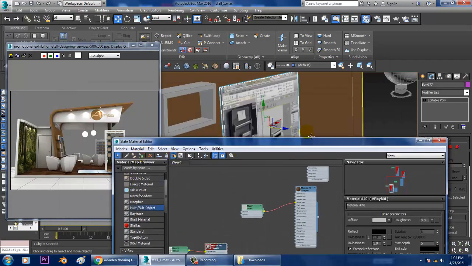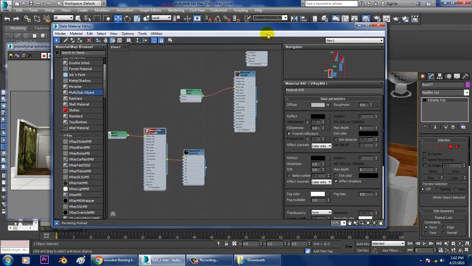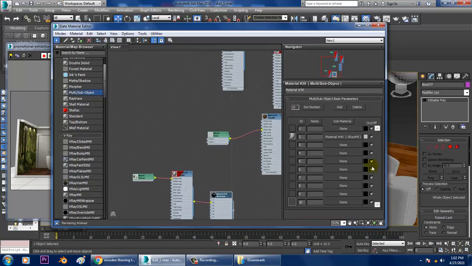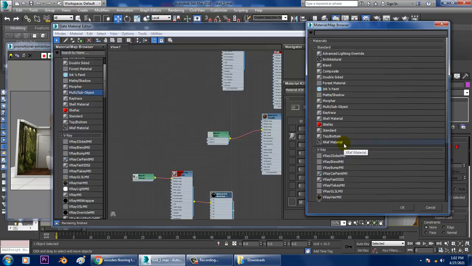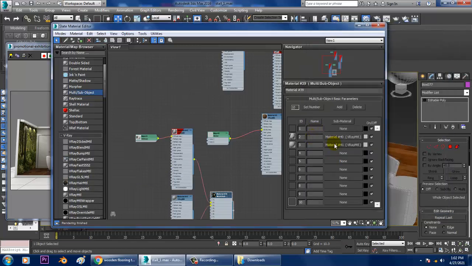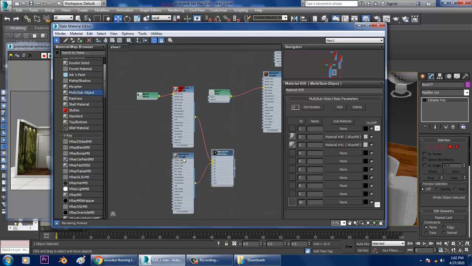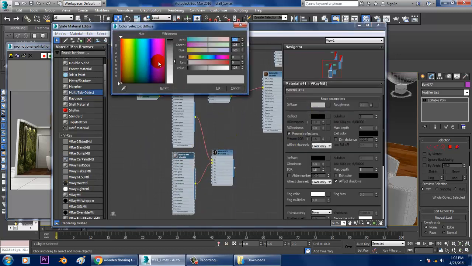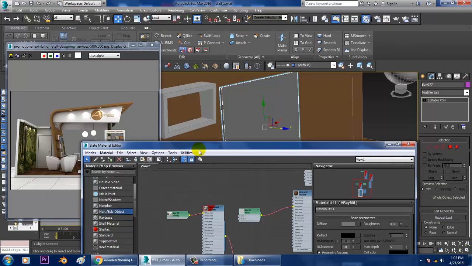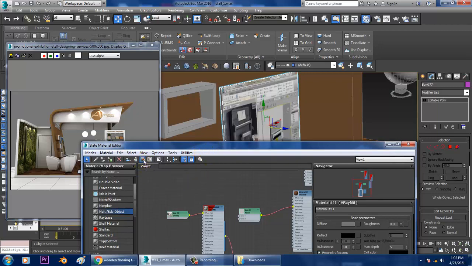Alright, so as you can see, we have called a texture over here. Again I can go back, and for the third one, again a V-Ray material, but I just want to give color to it. So let's give a grayish color.